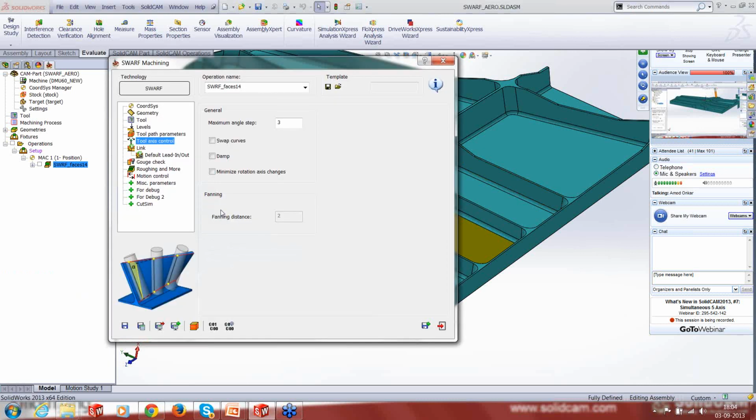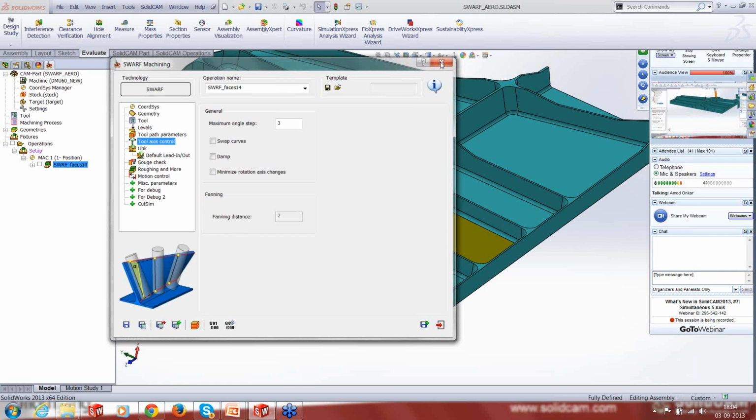The same swarf can be done even with two curves, the upper curve and the lower curve. You don't need to define the surface. But if you have the surface, the software's priority is always to the surface first. It tries to determine the upper and lower edges by itself when you define the surface. All right, let's close this part,